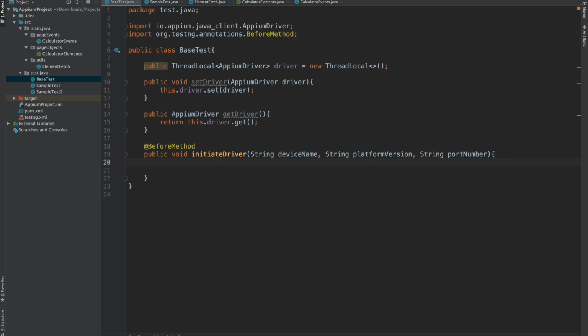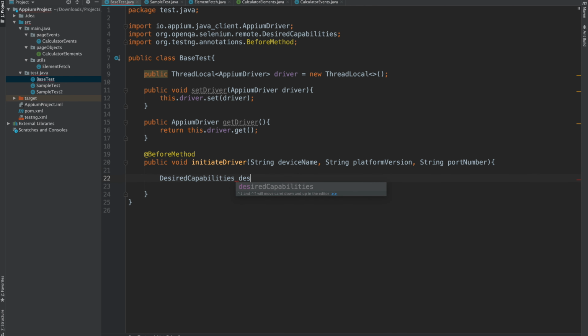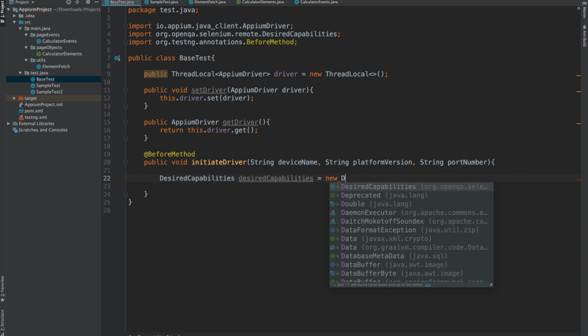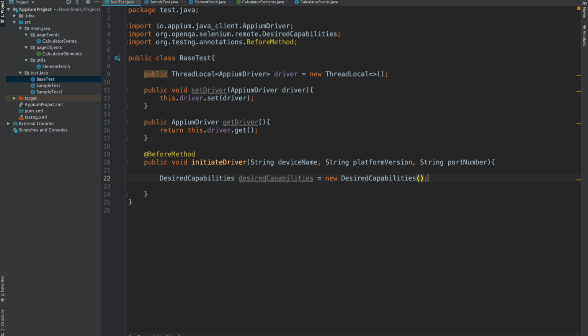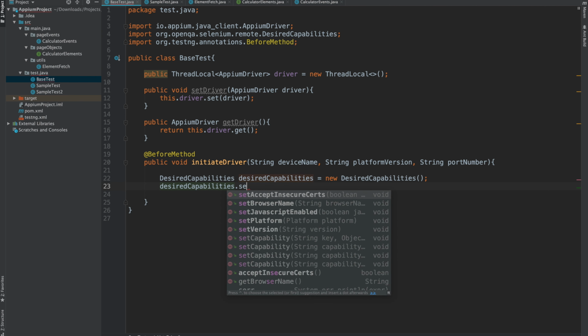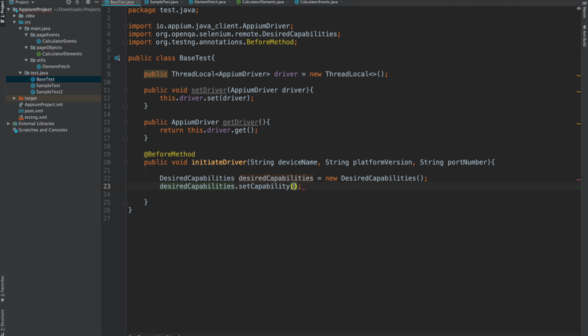So now I will be adding the desired capabilities here. So we have initialized the desired capabilities. Now let's start adding them. Dot set capability, device name.